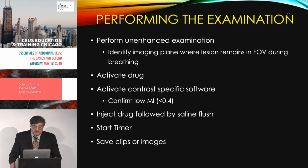You're going to use that contrast-specific software. Each vendor has their own MI, that's the magic number. It's always less than 0.4. It's usually much less than 0.4. And then you're going to inject the drug, and then you're going to follow that with saline to make sure that it gets in. Like I said, I like to use 10 cc's of flush. Some vendors recommend 5, but I think giving the 10 helps push it in and gets a nice tighter bolus,